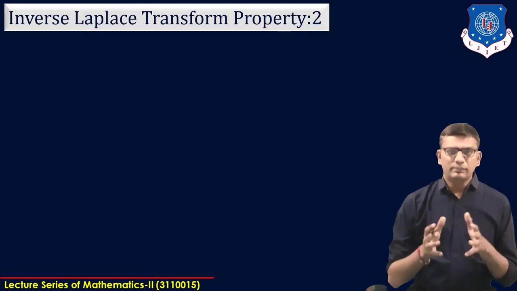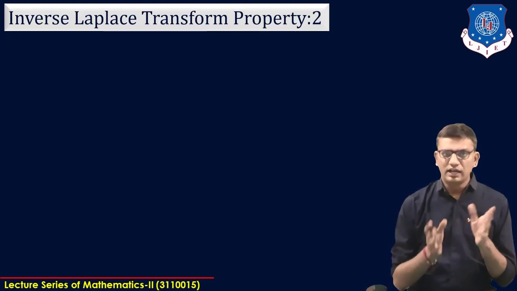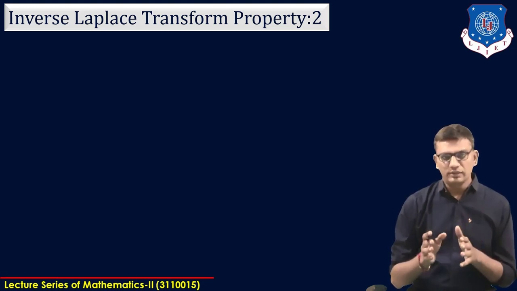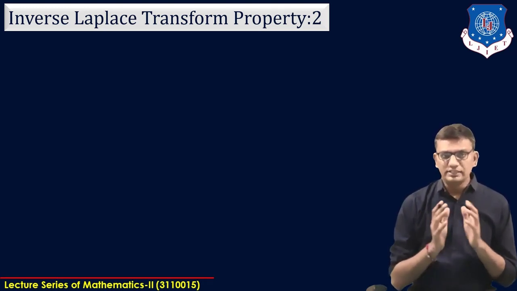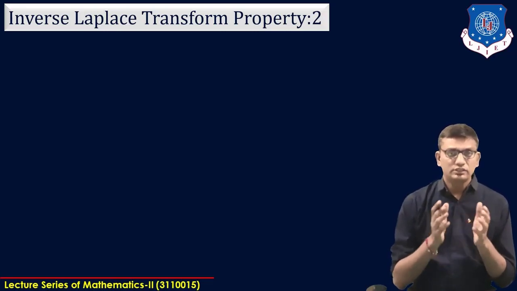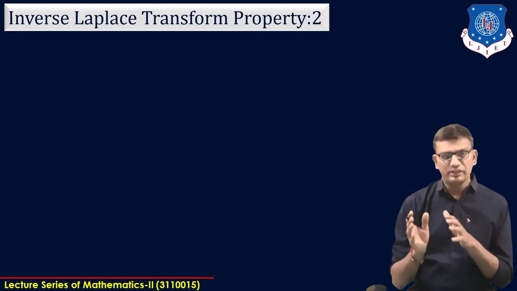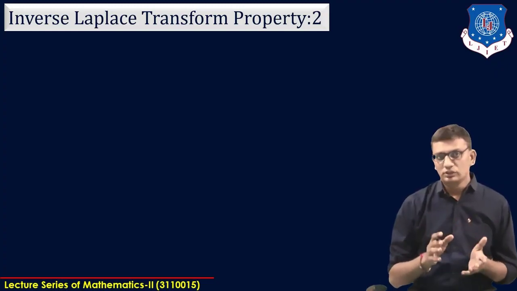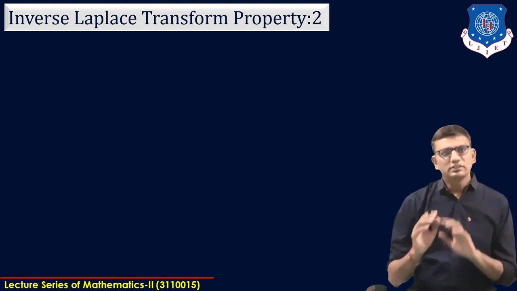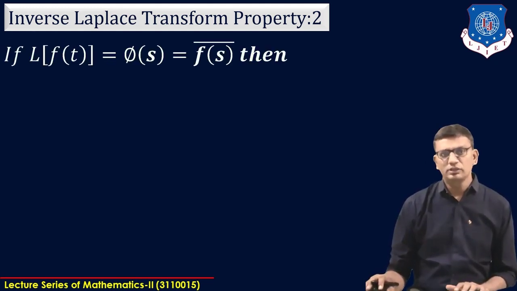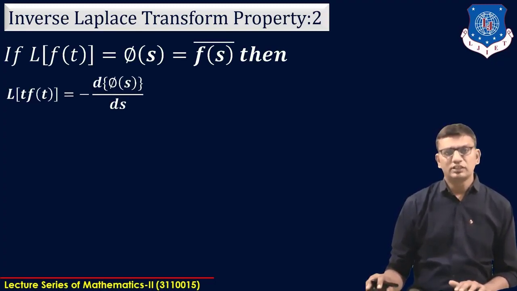Now we will see the second property of the inverse Laplace transform. As we know, in the Laplace transformation, when we multiply f(t) by t, we differentiate the Laplace of f(t) one time with a minus sign. If we multiply f(t) with t², then we differentiate φ(s) 2 times with respect to s. So in the second property of the inverse Laplace transform we are taking the reverse process of that property. If Laplace of f(t) is φ(s), then Laplace of t f(t) will be −φ'(s), or the one time derivative of φ(s) with respect to s with the minus sign.